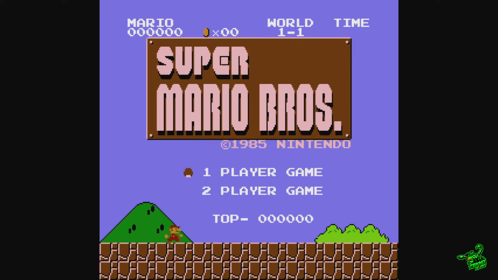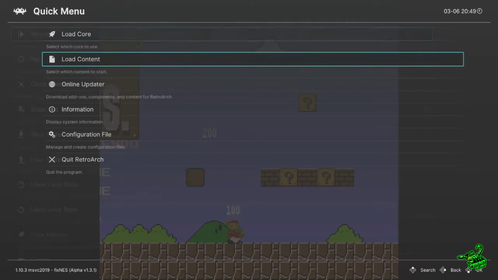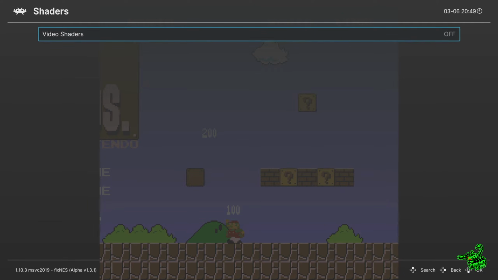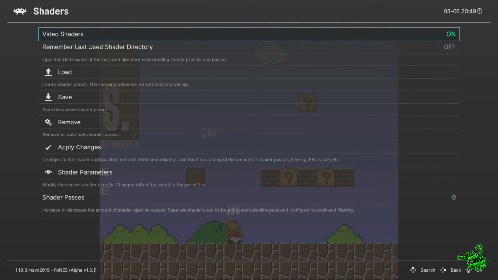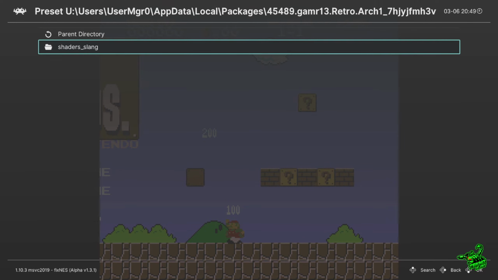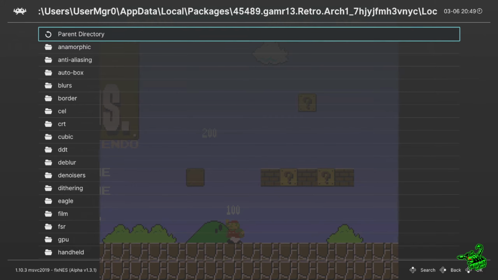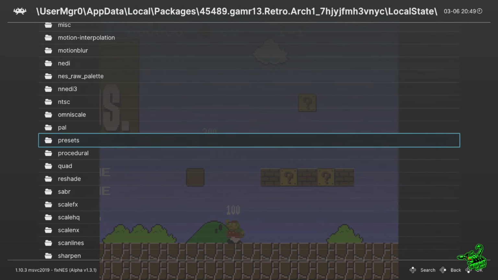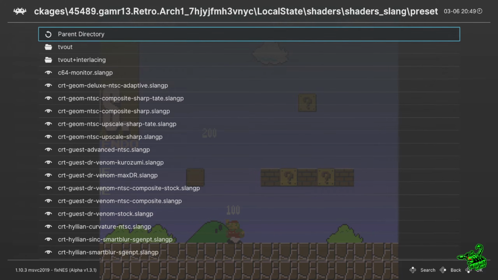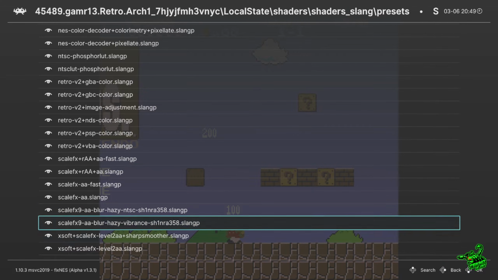So let's go ahead and turn on the quick menu. And then I'm going to go down to shaders. I'm going to turn on shaders. Now I need to load shaders. I'll just go down to this directory here. And from this big directory, you got to find presets. There it is. And here you have all slices of shaders, but the one I'm going to use is called